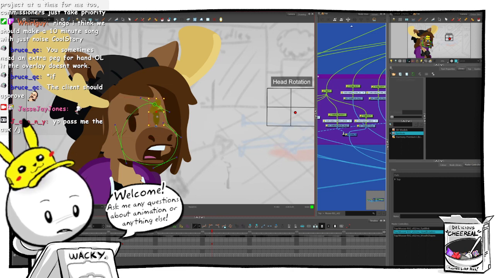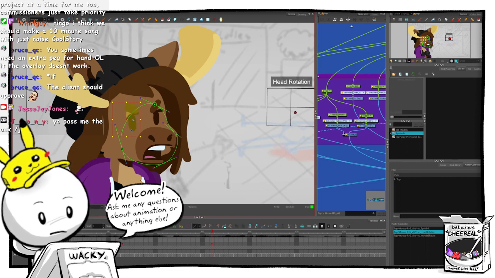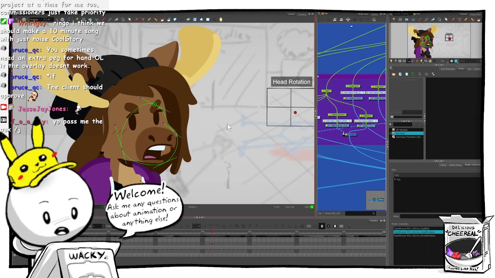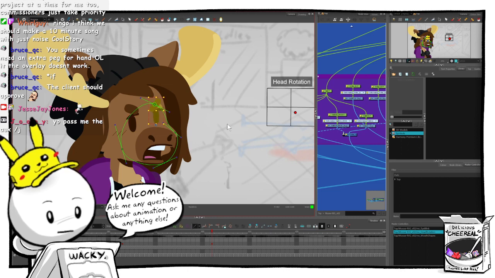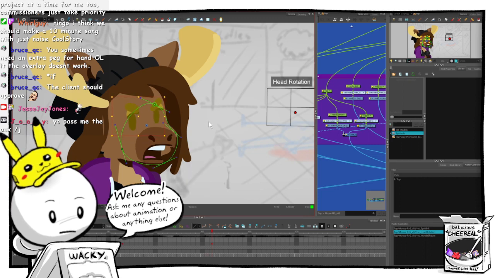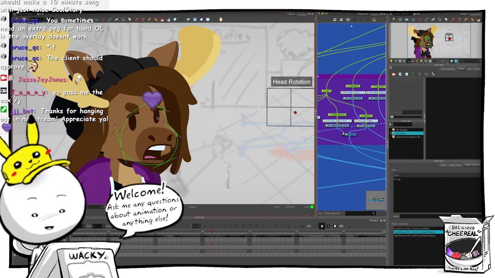Maybe move this eye down and this eye up. No, that looks dumb. I think if we rotate his eye comp, just rotate it a little bit, move it up. Maybe that'll look okay.